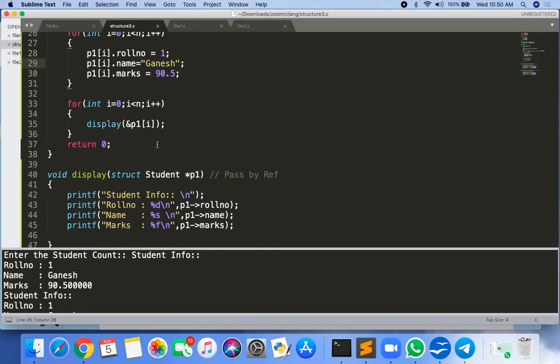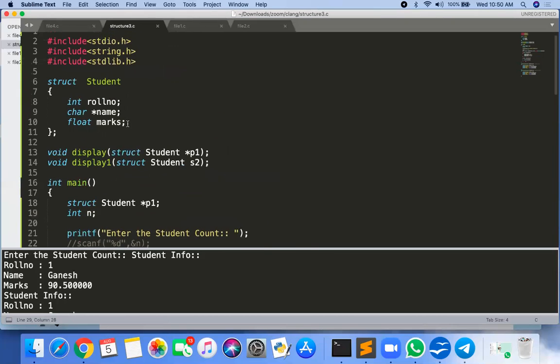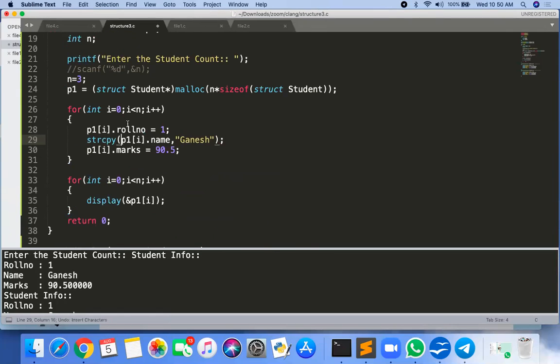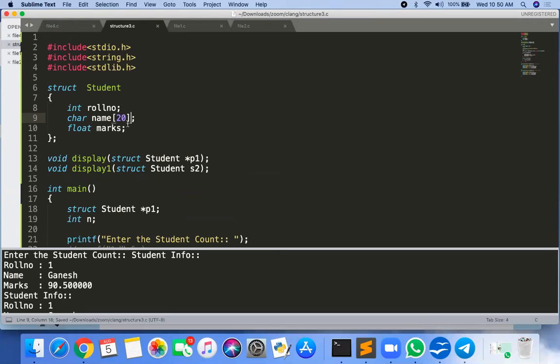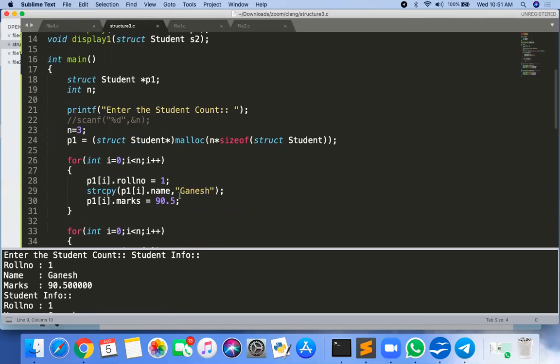But don't use this technique that I have used here. Use the previous one because it is a more reliable method. Because this memory you have allocated, that memory is yours only. If you are using a pointer, then that memory is not yours. The object is only 12 bytes, and this pointer is pointing to some random memory which contains Ganesh.